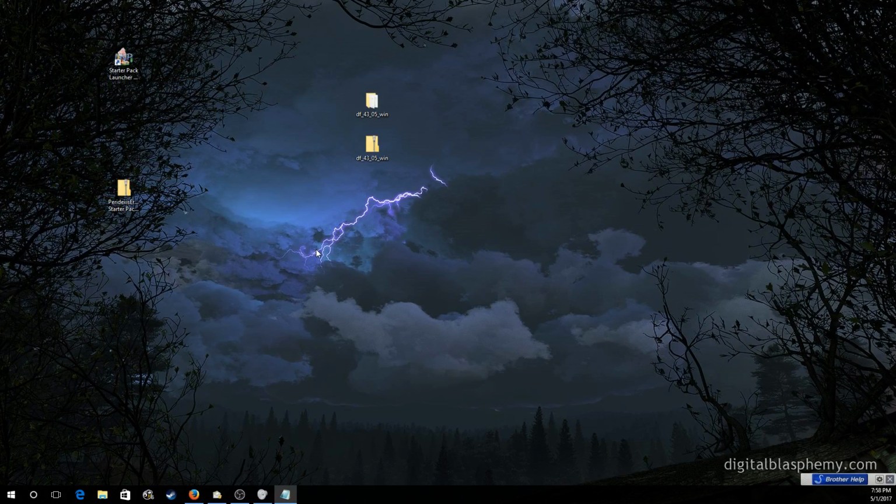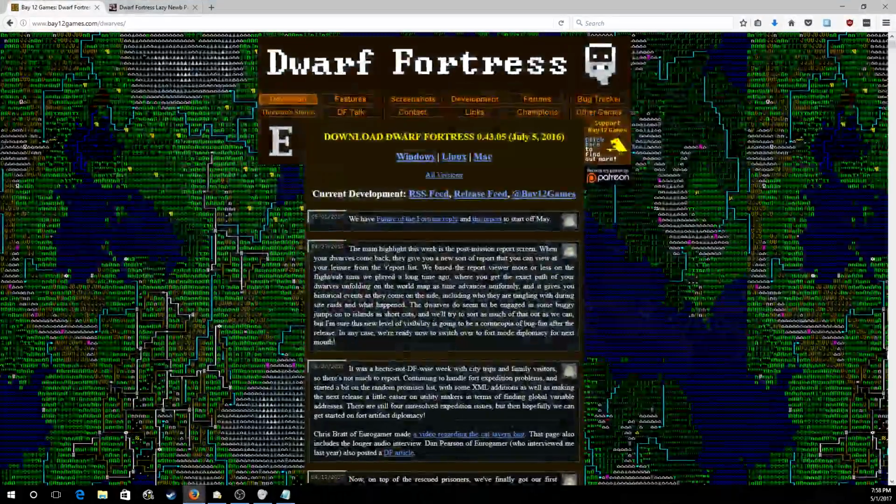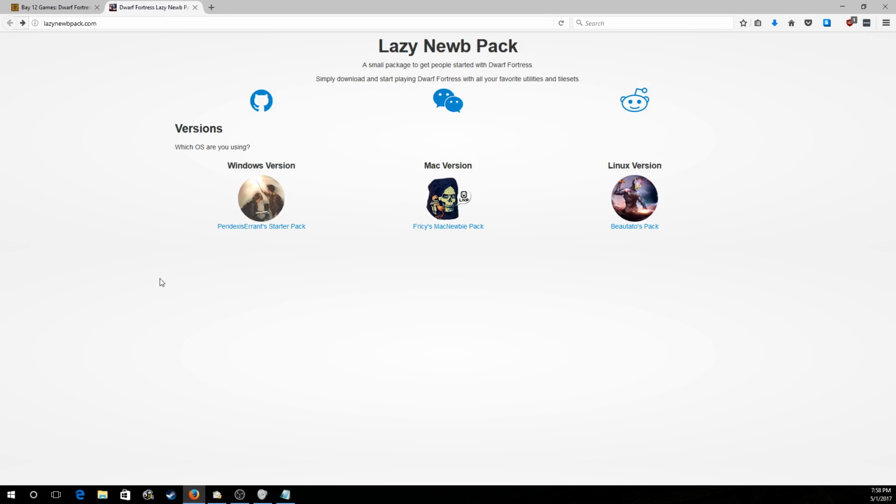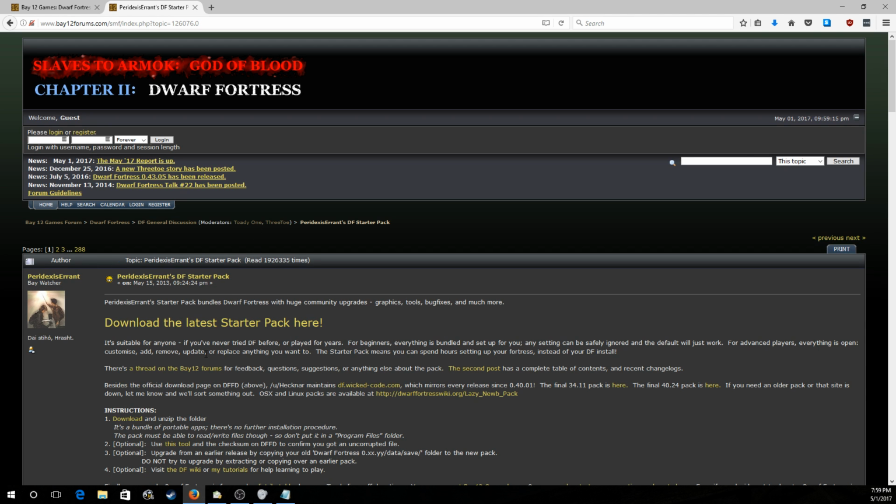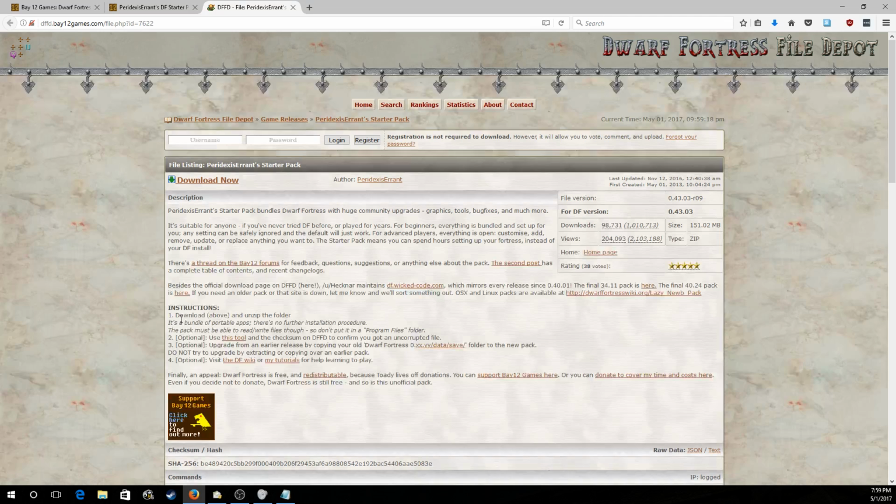So what I'm going to show you here is actually the Lazy Newb pack installation. The Dwarf Fortress Lazy Newb pack has three different distributions of it based on which operating system you're on. And each distribution is actually maintained by a different developer. The one that I'm going to be doing is the Windows version, the Paradexis Errant Starter Pack. So you just click on that little icon there,